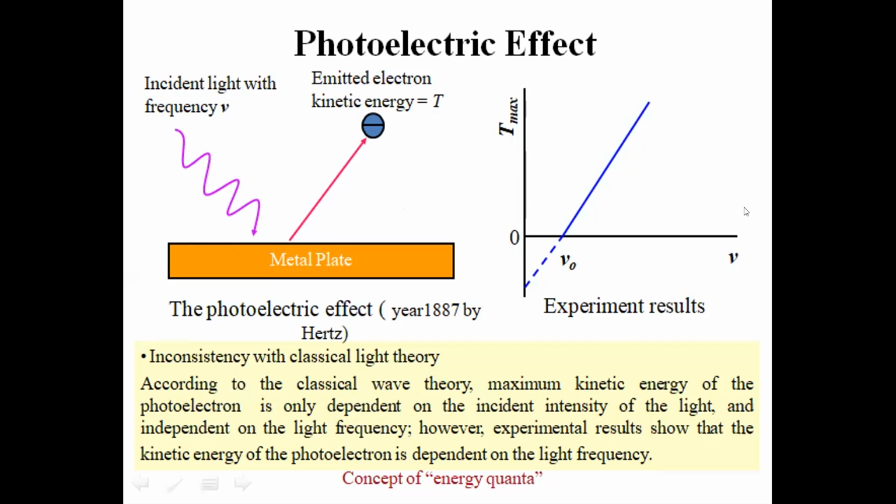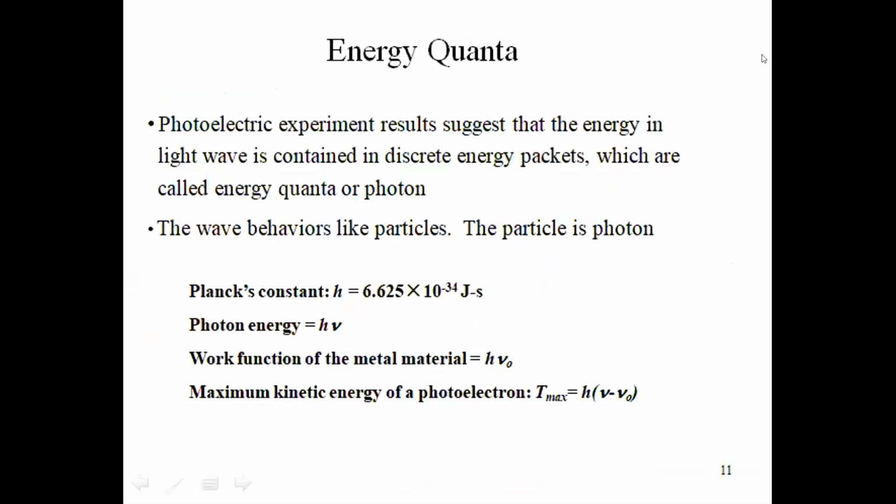And if you observe the graph plotted between kinetic energy and frequency, this is how the variation looks. Once we extrapolate the frequency curve, nu naught is what we call the threshold frequency. That means this is the minimum frequency required for the radiation in order to excite the electrons and release them from the metal surface.